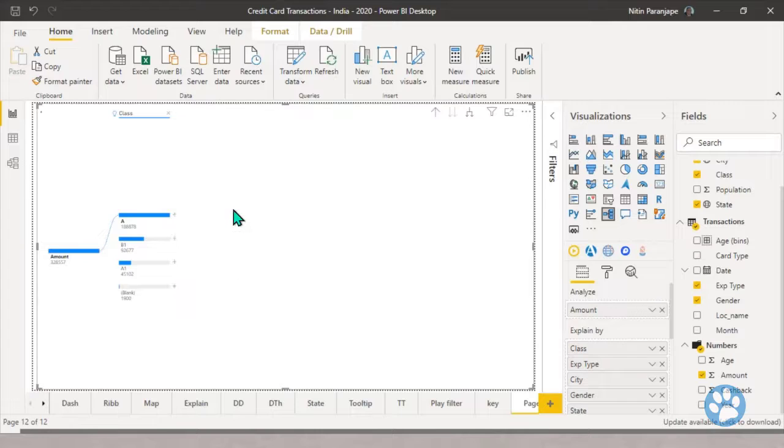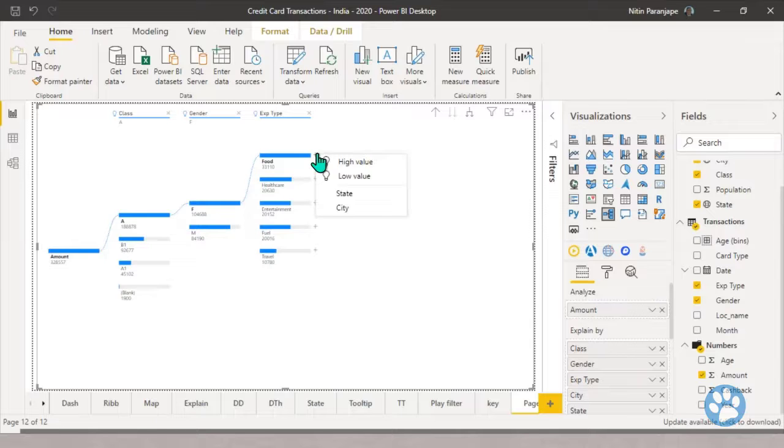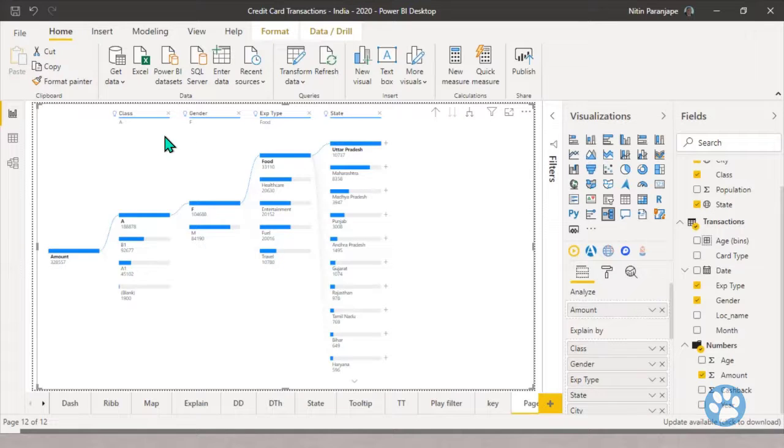So again, you choose high value and then it's saying gender. So I'm going on finding high influences. I myself don't know what will be the next column it will choose. So it is now class, gender, expense type, state. Those are the influencers in decreasing order of significance